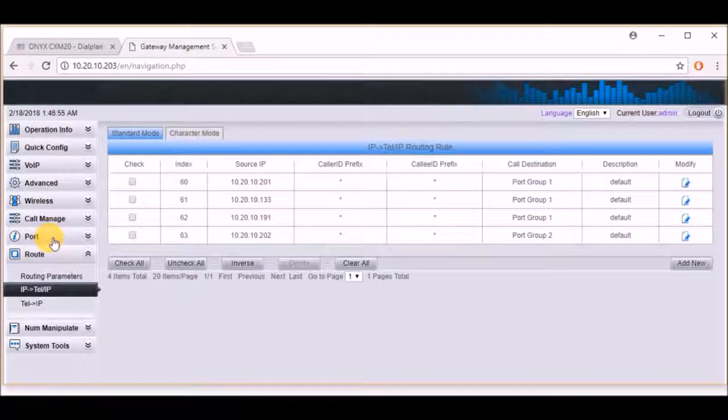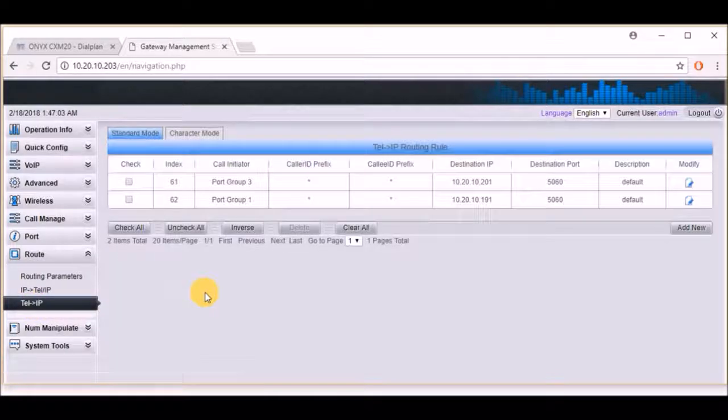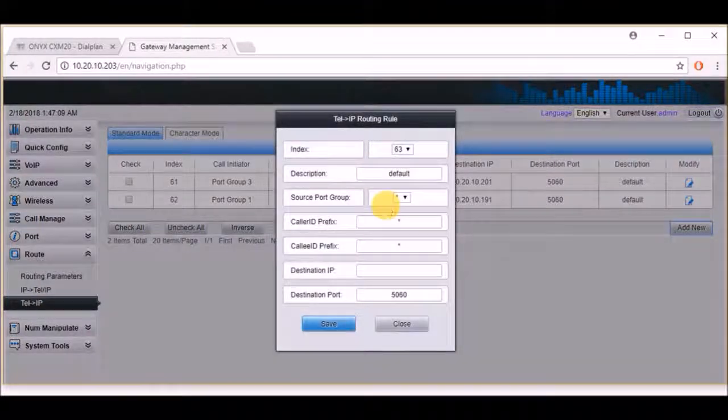As you can see here, we have changed earlier for IP to tel. Now we have to make it tel to IP. So we have to create a tel to IP rule. So click on add new. Now we have to give the source port group, which port group we want to use. Like in my case, I want to use my second port, which has the 5th SIM.